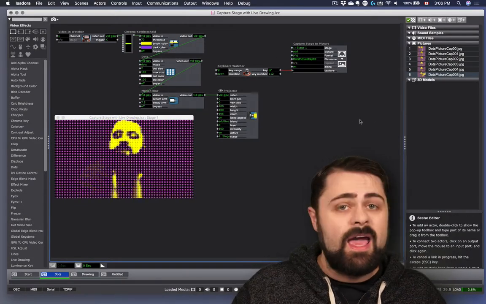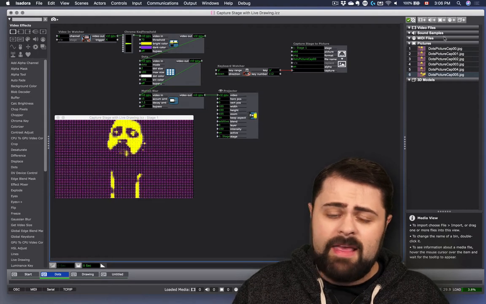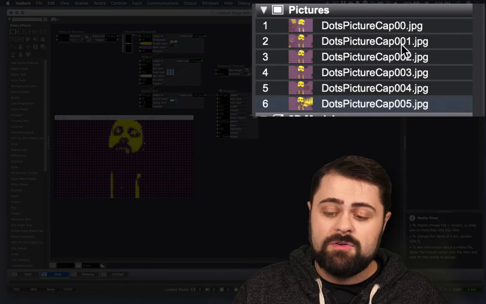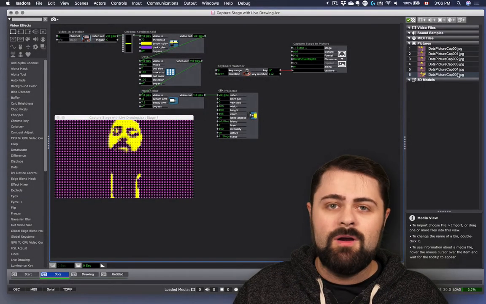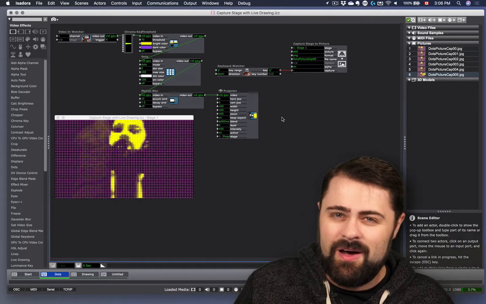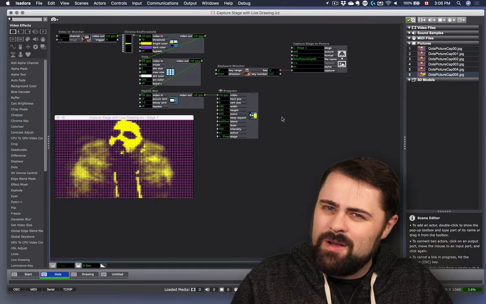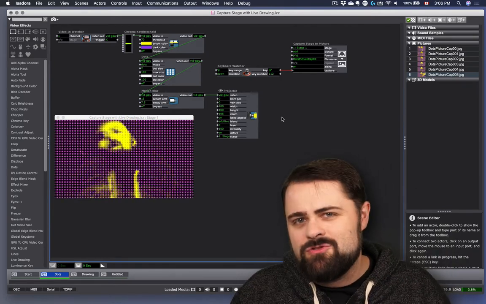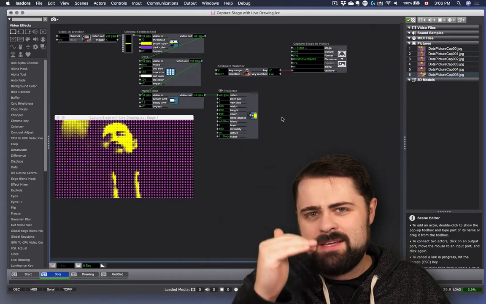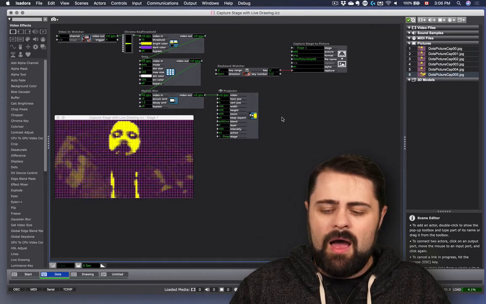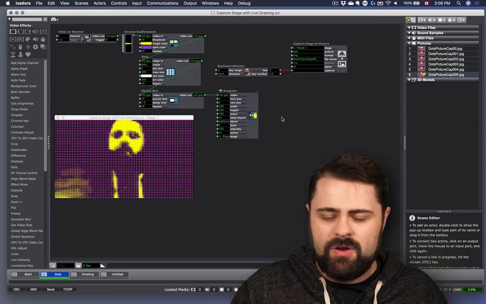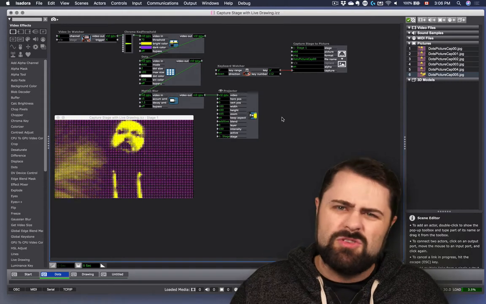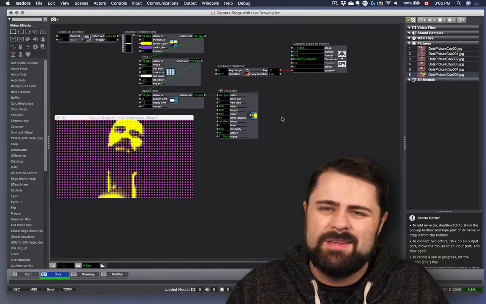Now, you'll also see that as I captured more images, Isadora automatically added a number to the end. So I have dots picture cap 00, picture cap 001, 002, 3, 4. You can see now why I added those 2 zeros onto the end. It keeps everything nice and organized in the file folder by having those extra zeros. By having even just one extra zero on the end of the number, you're going to make sure that everything stays in the right order when it's in your file structure. Isadora will, once we get a little bit further in there, start adding more numbers onto it, and it will continue to append things. But adding a couple extra zeros just keeps things a little bit more nicely organized, just in my experience.